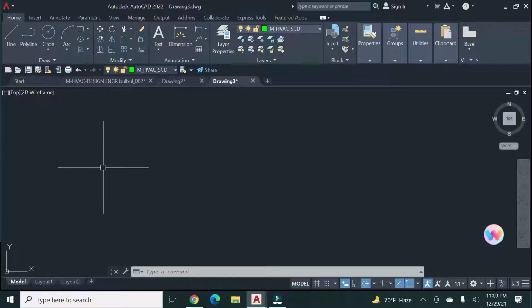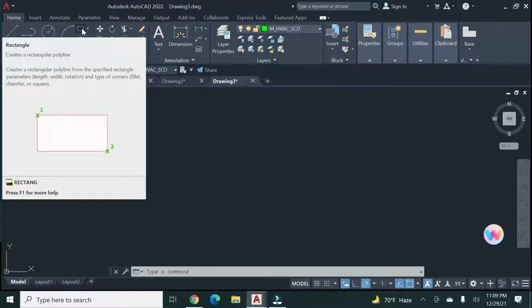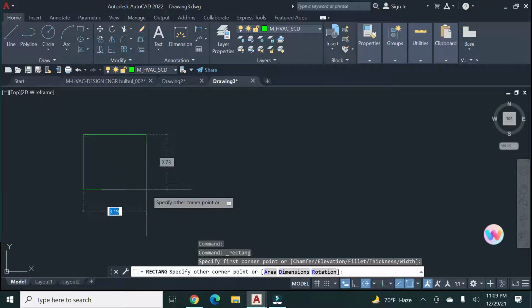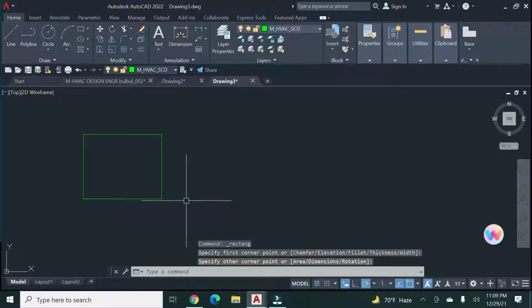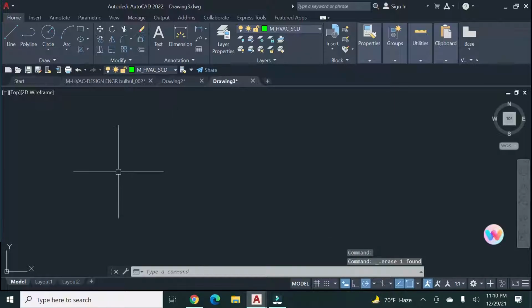Okay, so the size I will take is 300 by 300, as already said. Now I take rectangular. Okay, create a rectangular. After going to a command, if you want to come back to the command, just click the space button.